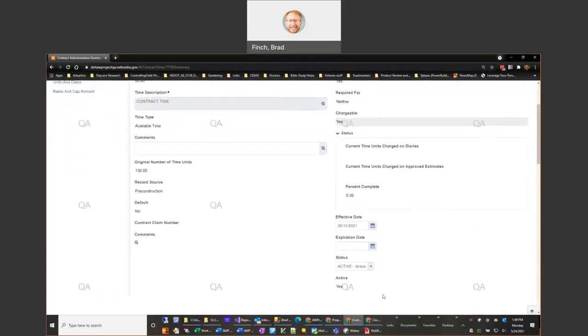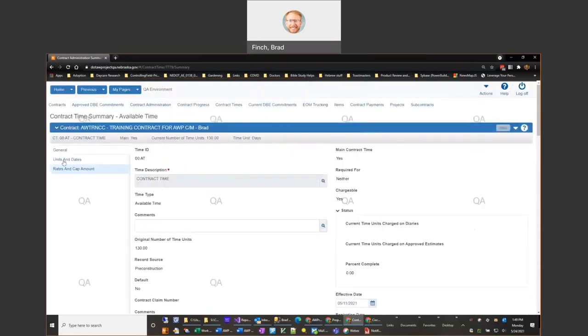An important part of this to look at is what we call, at least here in our section, the MEIO, but really this is just letting you know that the time is either effective or inactive. If the contract time is active, that means that you'll be able to charge against it. If it's inactive, it prevents you from charging against it, but it also allows you to make changes to the particular time. And where that might come into play is if I click here onto the units and dates,